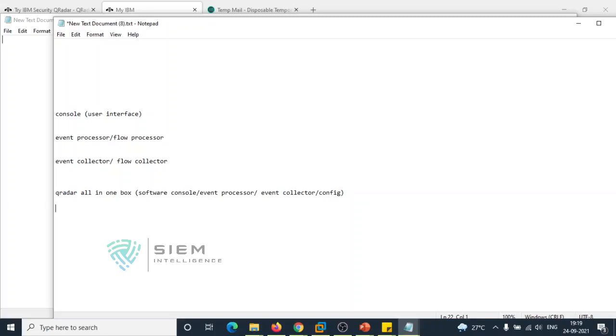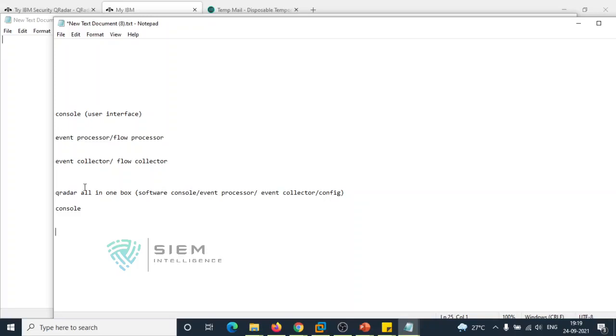According to the requirement of the organization, sometimes people may want the event processor in one data center, the event collector in another, and the console in another. Yes, that is possible. You can keep the console separately, event processor and flow processor separately, event collector as well as flow collector separately. No issue, you can do those things without any problem.